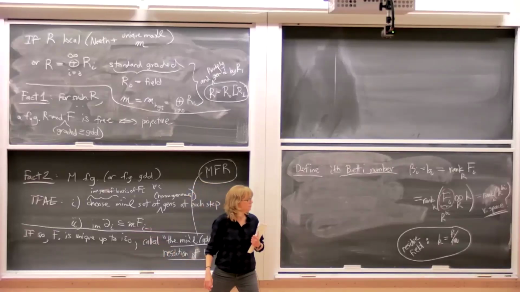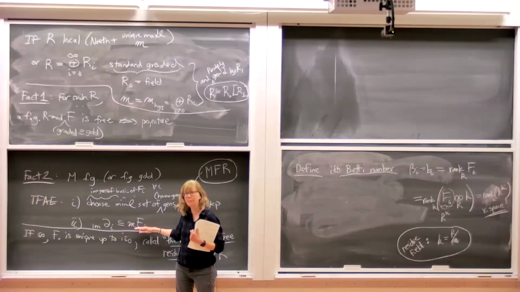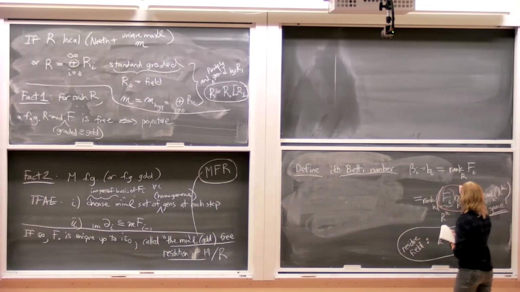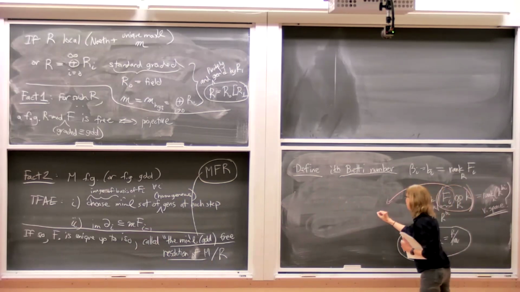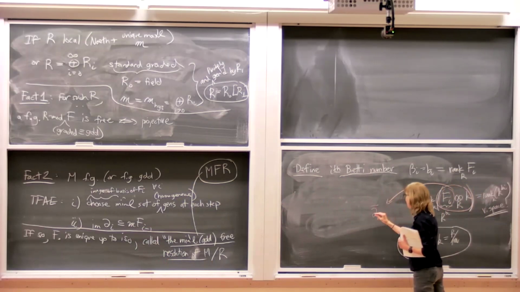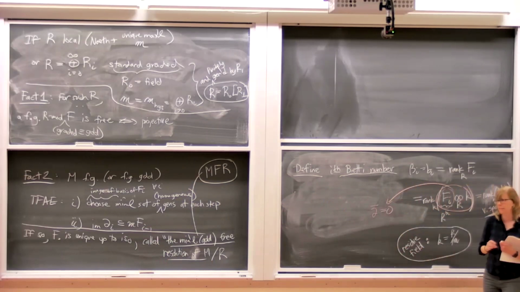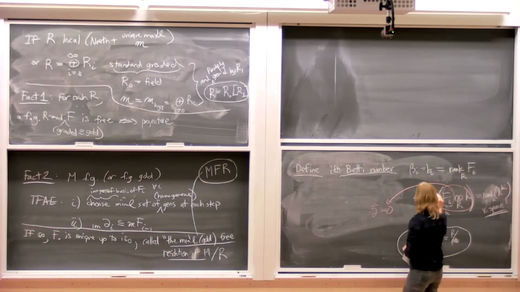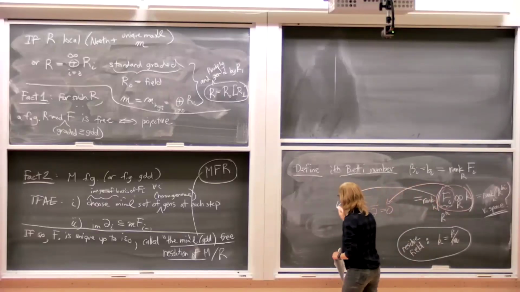You get a complex whose maps are now 0 because you got rid of m. You modded out by m. So now this thing is a new complex whose differential, I'll put a differential bar. So the differential of this new complex is 0. Okay? That means you have F_i tensor k, F_{i-1} tensor k, and 0 maps between them. That means that this whole thing is the same as